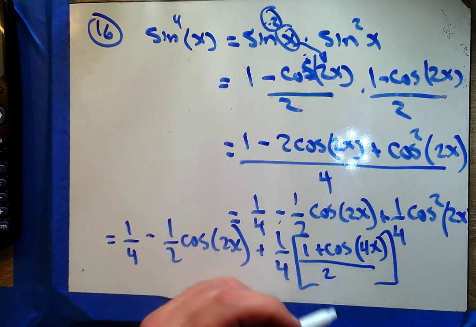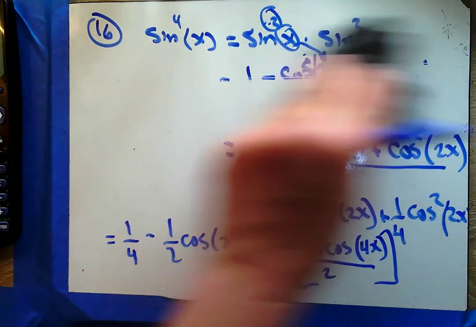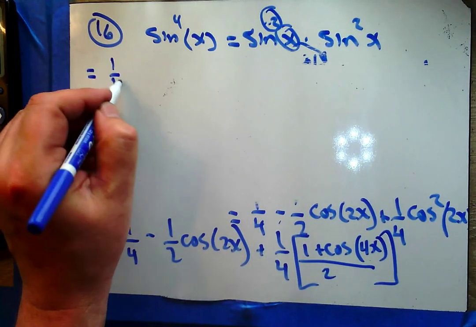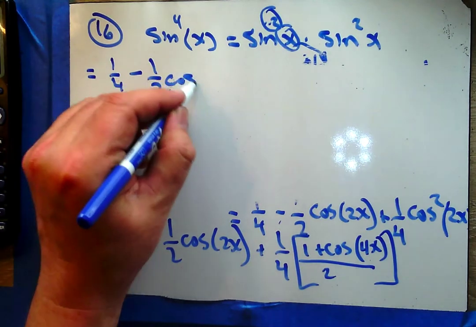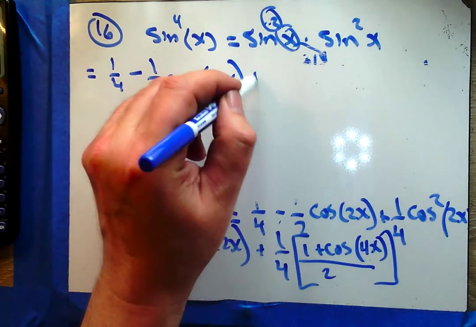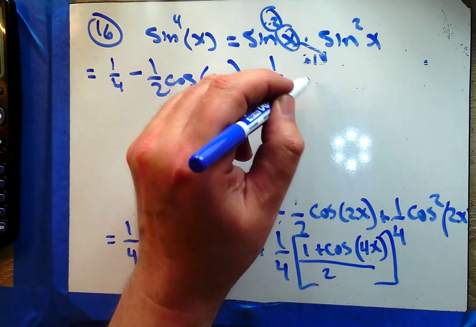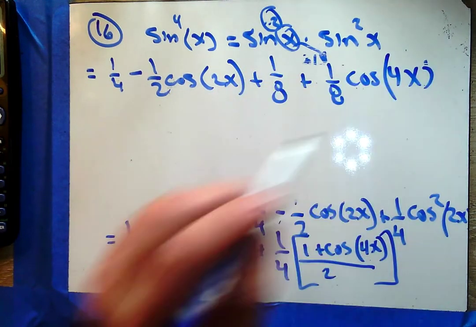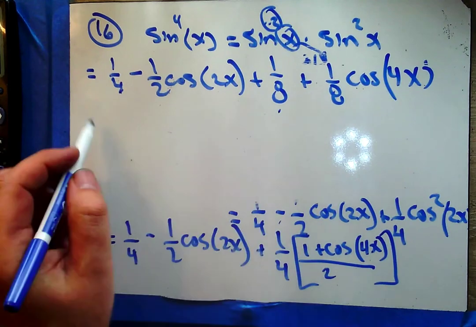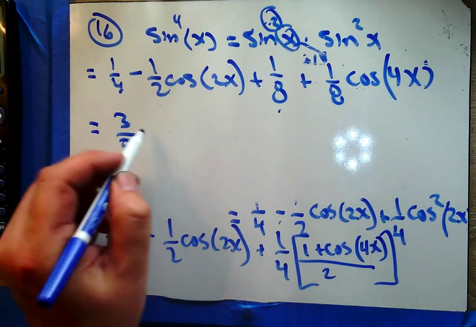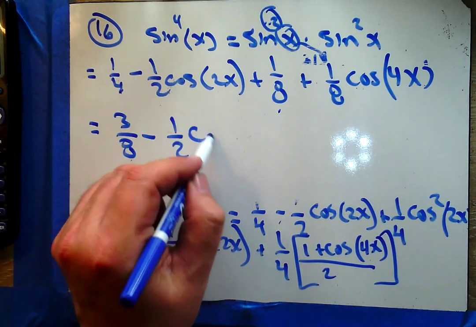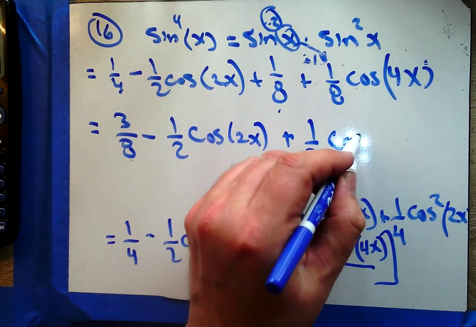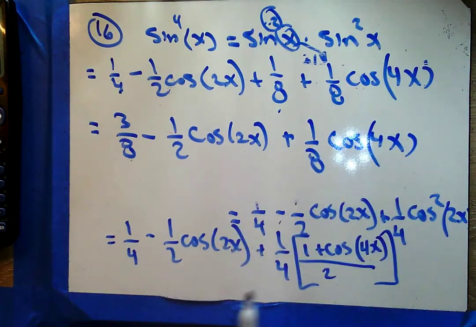I need to distribute the 1/4, so let's make some room for those actions. 1/4 minus 1/2 cosine 2x plus 1/8 plus 1/8 cosine 4x. Okay, and I see some like terms to combine. So 3/8 minus 1/2 cosine 2x plus 1/8 cosine 4x. Okay,